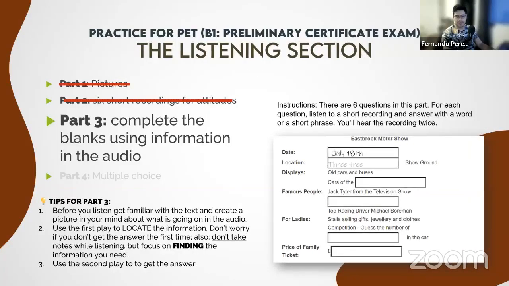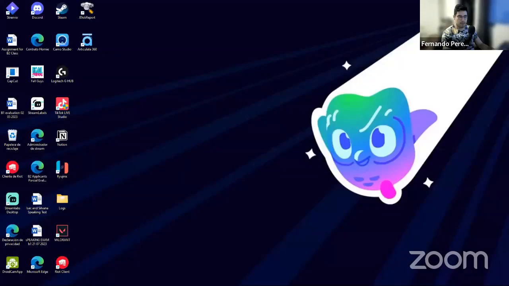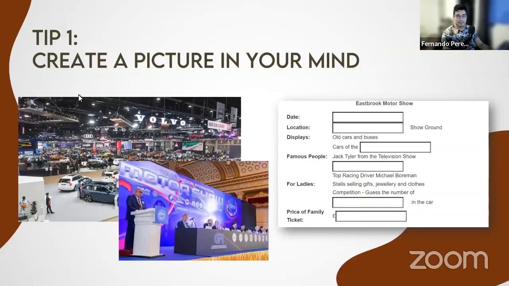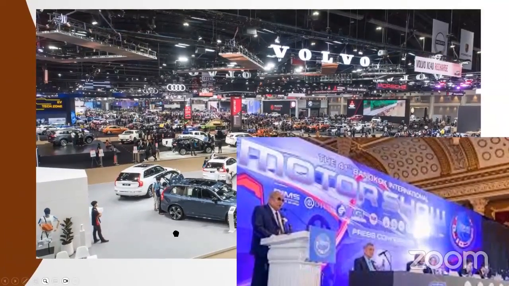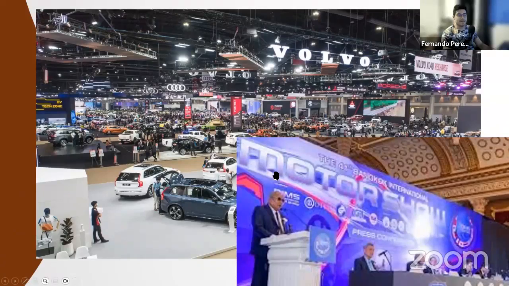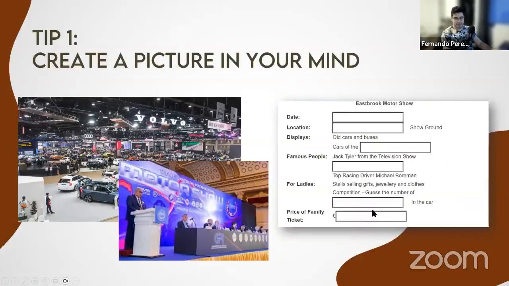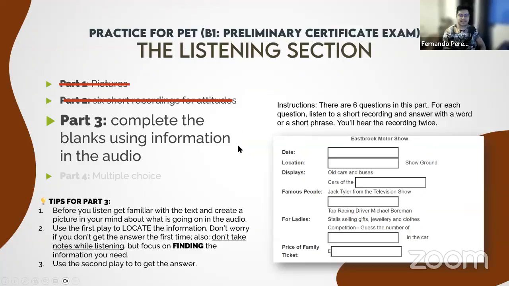This is more like a convention. Look at this. Here we go. Just a second. There. This is a motor show. Okay. That's the most important part on reading this exercise, precisely, because that's the difficult part. If we cannot picture, if you don't have a visual reference, it becomes a little bit more difficult, of course, to understand.